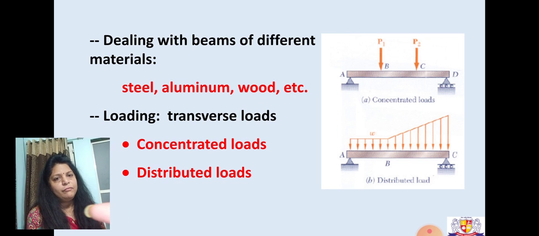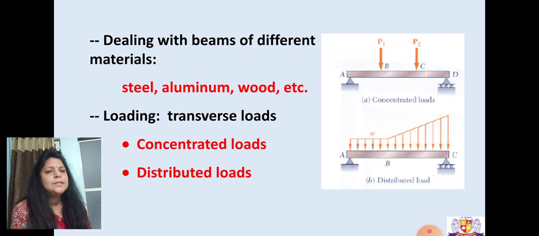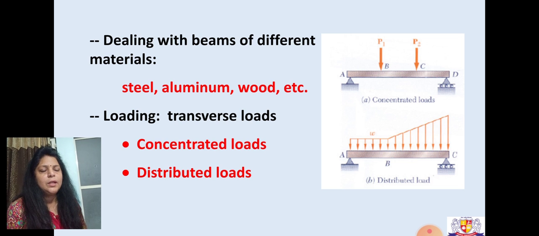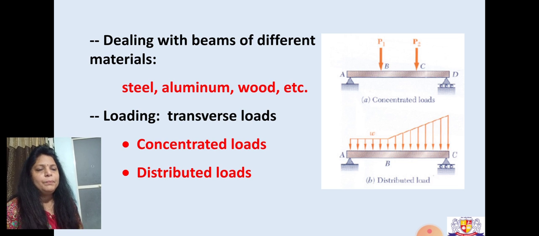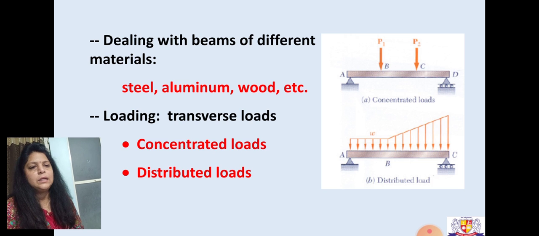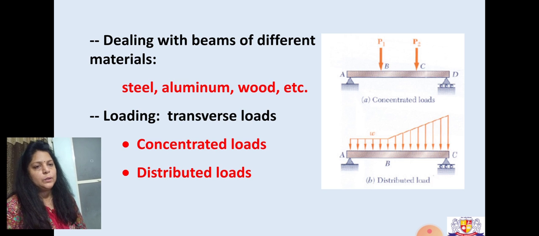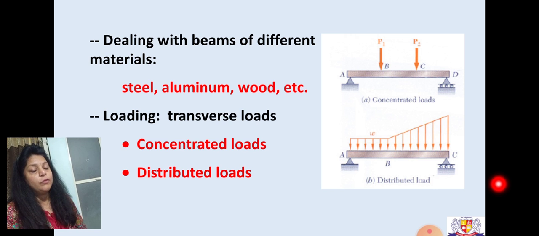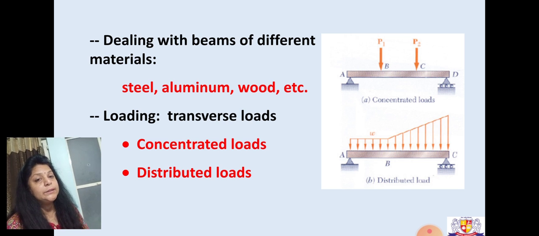Now if we see this in the diagram, we have got a beam that is a horizontal member which has both the ends supported, and in the first figure the load is coming in the form of a point, that is concentrated load, right? And in the second diagram we can see that the load is distributed up to point B uniformly, and from B to C we can see that it is gradually increasing or gradually varying load. Okay, one more word is important which I forgot to mention, that these are also called transverse loads.